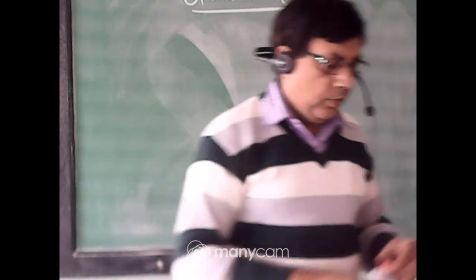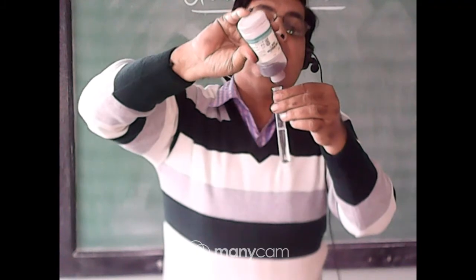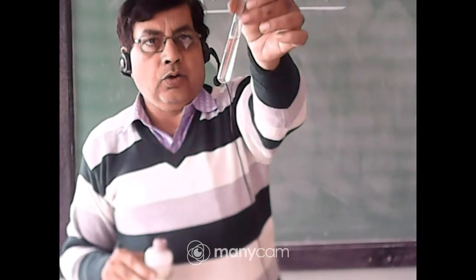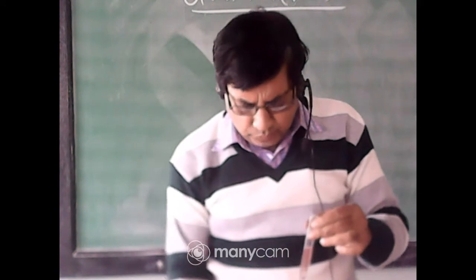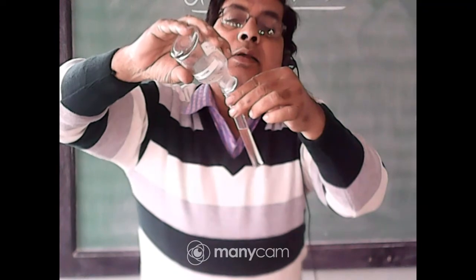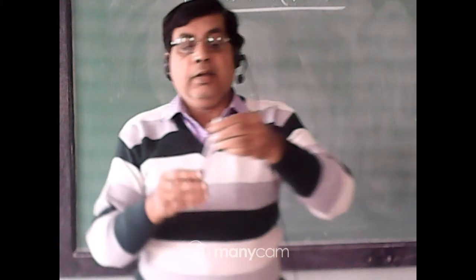Now you add blue litmus solution. To this solution you add blue litmus, few drops. The solution becomes red color because I have added dilute HCl. Finally you again add ammonium hydroxide to make the solution alkaline. Again add ammonium hydroxide. See, you observe a blue floating precipitate is formed.